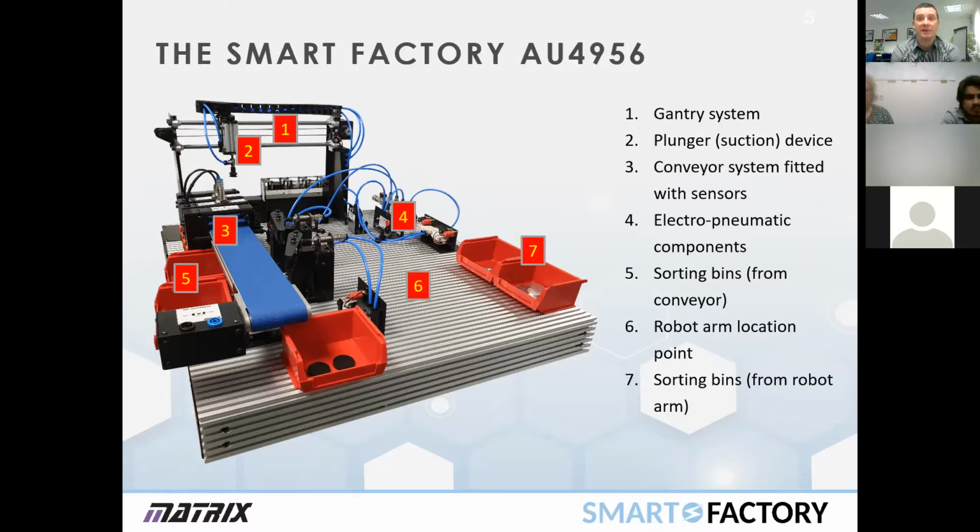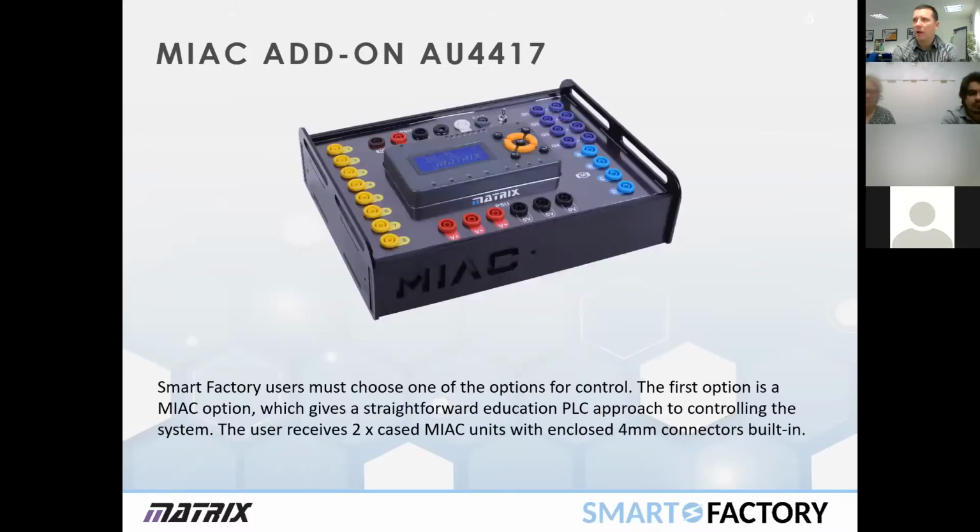What the user then has to do is decide upon a control system that they want to use to control the smart factory. And here the customer has two options. Option number one is that they opt for the MIAC add-on. Like I say, you have one of these two options. I'm guessing in some circumstances people might want both, but in most, I guess people will probably want to choose one or the other. So the first option is a MIAC option, which gives a straightforward educational PLC approach to